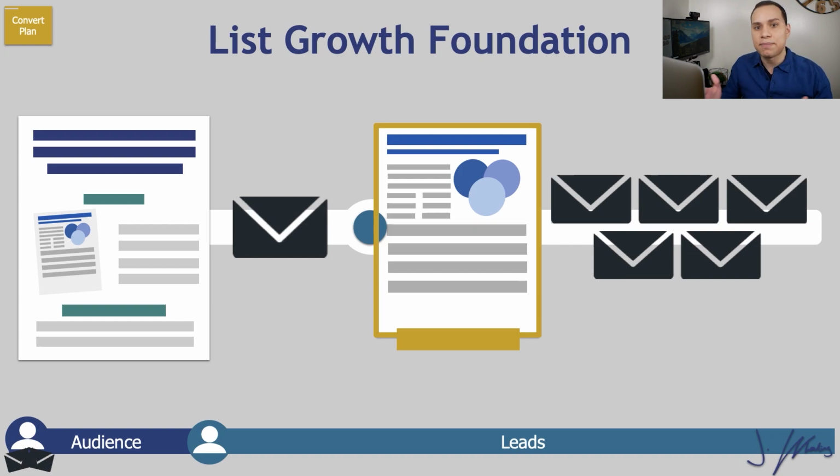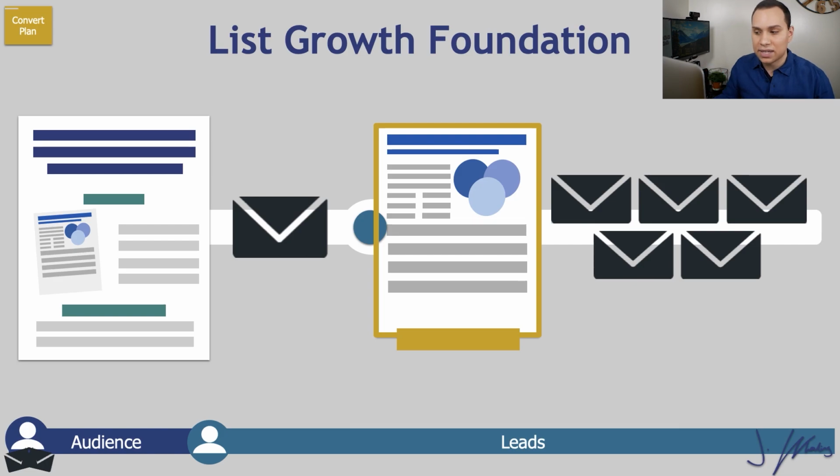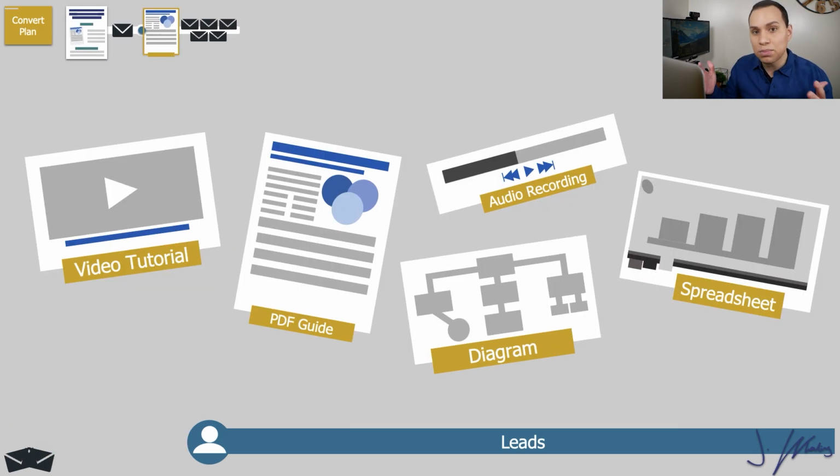Now, if you already know what a lead magnet is, you can go ahead and jump ahead to this timestamp where we actually start going through MailerLite and setting up the automations. Now, all a lead magnet is going to be some sort of valuable free offer or some sort of taste of your product or service or the types of products and services that you provide in exchange for contact information.